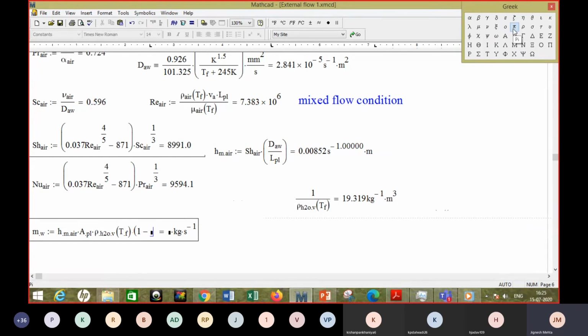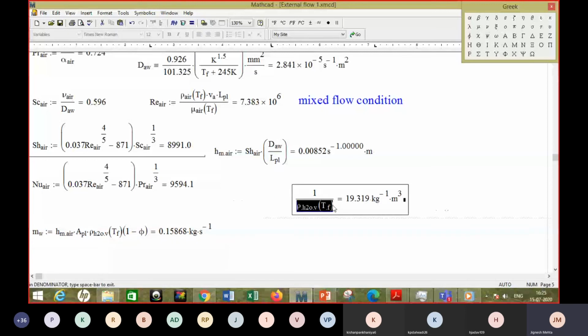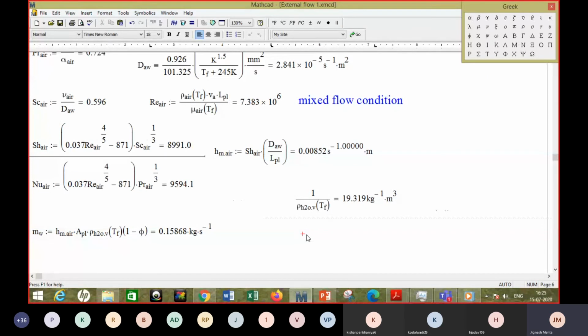So just think, what is this number? Okay, so this is the density of water vapor in air. You refer to the steam table, though I have not provided you the steam table, I will provide you the steam table. And you know what is Vg, right? That is, at a given temperature, what is the density, or rather the specific volume of water vapor when it is dry saturated. So that's the density to be taken here. At what temperature? At 40 degrees Celsius, right?